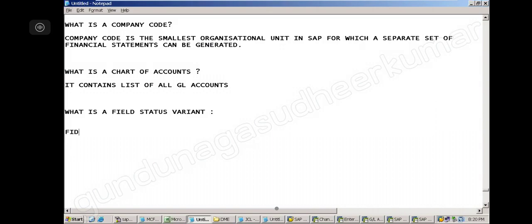Field status variant controls the statuses of the fields.